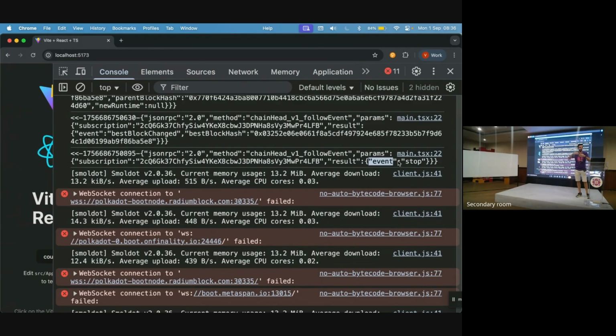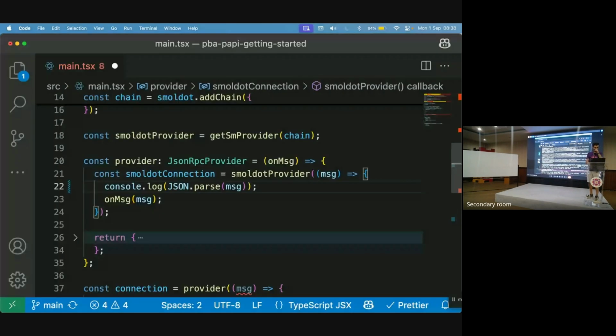So essentially it will detect all of the blocks that have happened between the disconnection and so on, and it will just give them to you, okay. But if when it reconnects, it cannot find some of the blocks that were in between, then we have a problem, because when you have a new block,